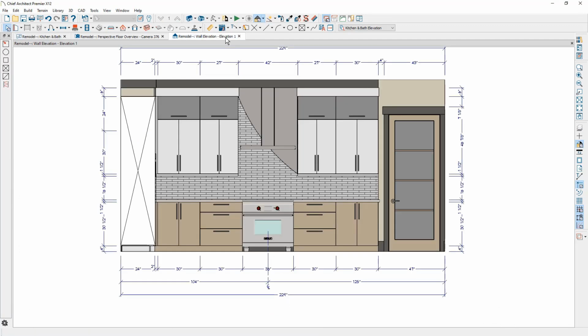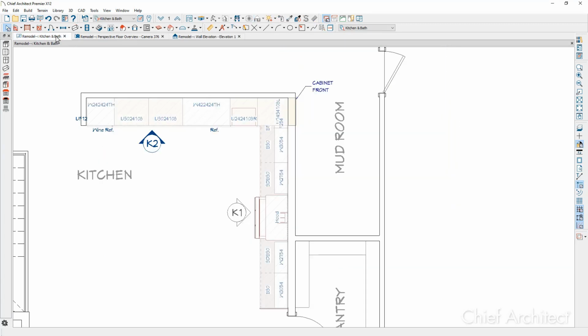And let's just go ahead and take a look at that in the wall elevation. You can see where that soffit has come in above the cabinets. And then one of the final things that I'm going to do is I'm actually going to open up the library and I'm going to place one of the islands that I've created. Any of these objects, when you place cabinets, can be blocked together. And in this case, I blocked some together and formed a kitchen island. And I'm going to open that up in my library.